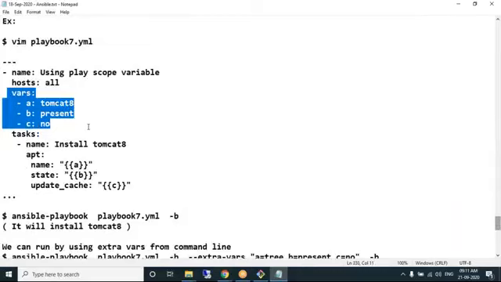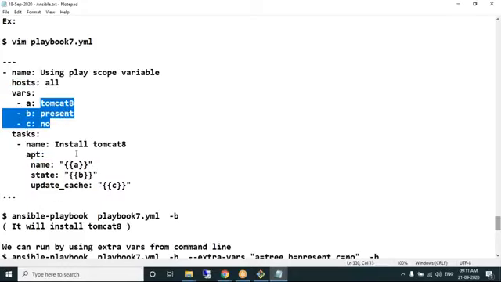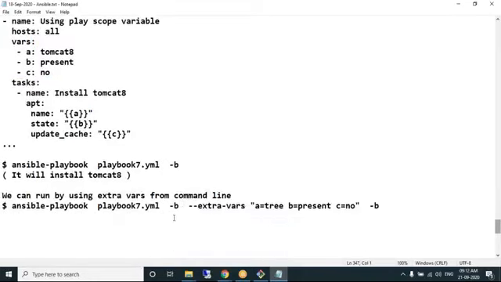In the vars section, which stands for variable section, we create variables and we pass the values, and those variables we use in the playbook. So these values are picked up from this ABC variables. These values are considered as default values, and anyway you can pass the values by using extra vars. So play scope variables are variables which are declared within the playbook, and the values we enter inside the variables.